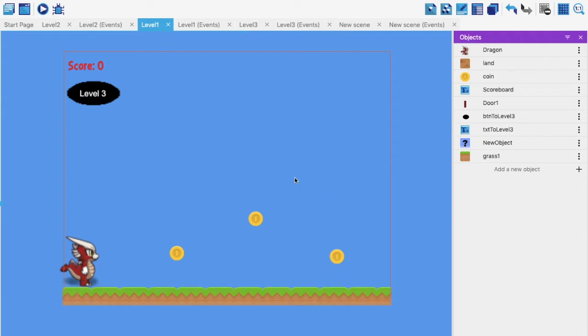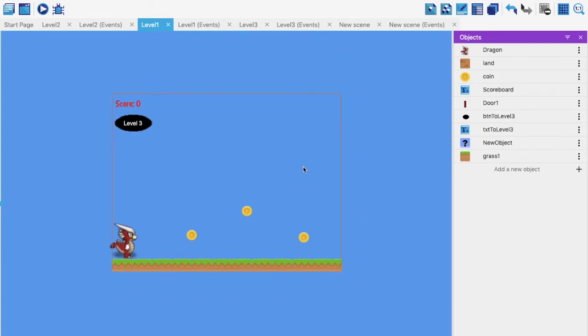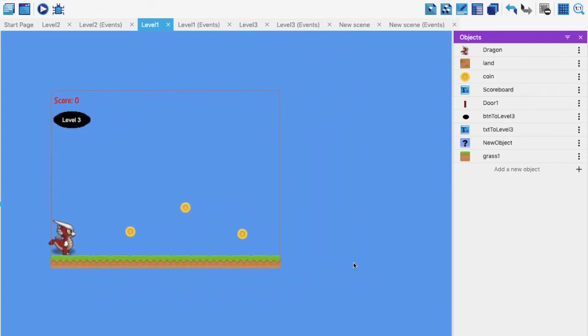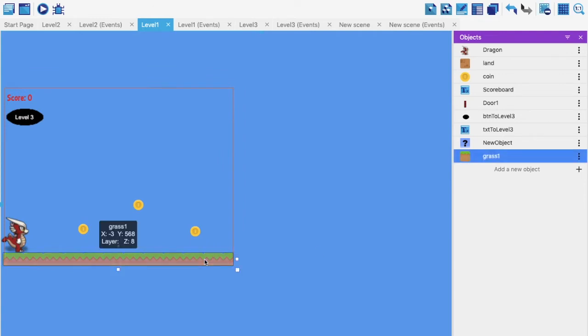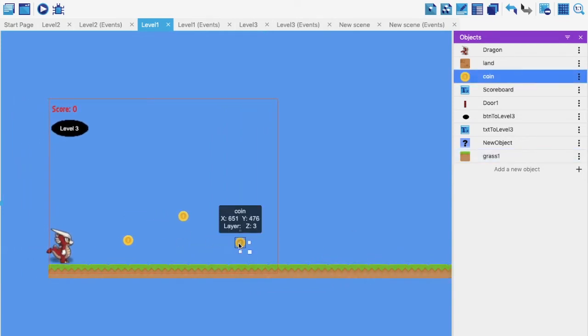Also press command minus so that we can see the extra part as well, because it's a running game and I want it to go a little ahead. So I'm going to just drag it further like this. I'll keep doing it to a certain extent. You can decide till where you want it. For me, that should be enough right now. And let's say I'll just add a few more coins.